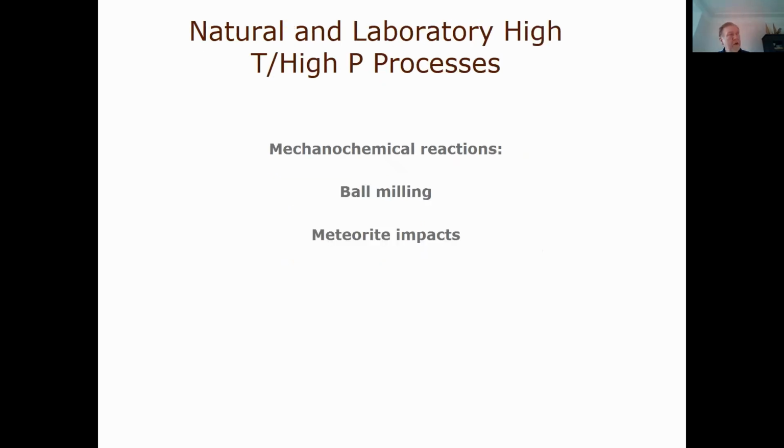If you want to make a simple comparison, you can take a ball milling experiment. We are all familiar with ball milling, and we do it regularly. But there is actually a version of ball milling referred to as high energy ball milling, in which we are able to transform the mechanical energy of the balls into new compounds, and we do that in an experiment. And the same thing is actually going to happen here in meteorite impacts. We are making new materials.